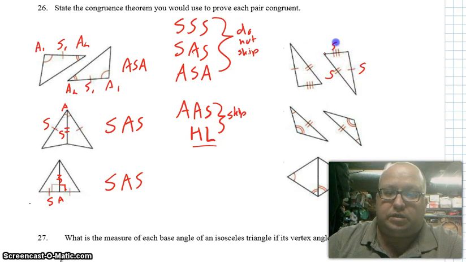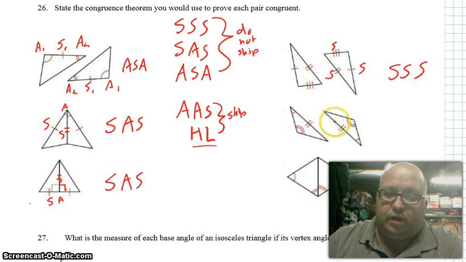All right, this one looks like side, side, side. Yes. Let's see. And this is why I put this